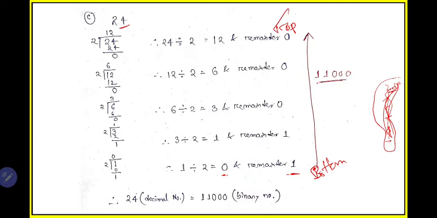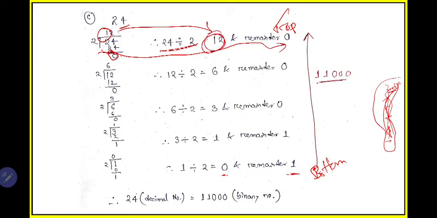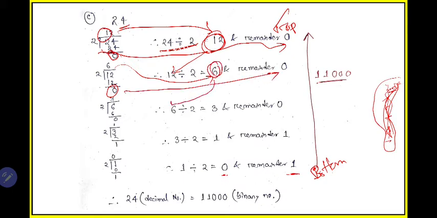So let us first divide 24 by 2. 12 2s are 24. 24 minus 24 is 0. So if you divide 24 by 2, the result will be 12 and the remainder will be 0. In the next case, divide this result by 2 again. 12 by 2, 6 2s are 12, 12 minus 12 is 0. So here also your result is 6 and the remainder is 0. Divide this 6 again by 2. 3 2s are 6, 6 minus 6 is 0. So your remainder is 0 and the answer is 3.